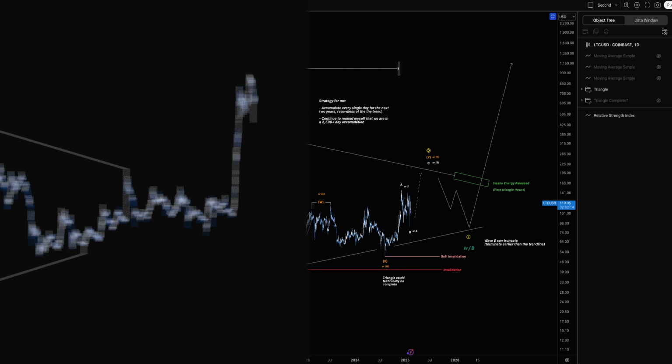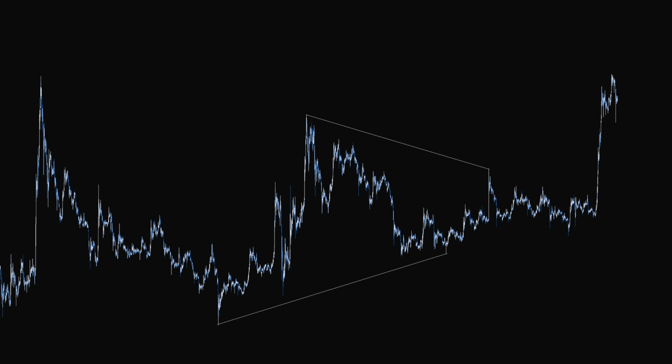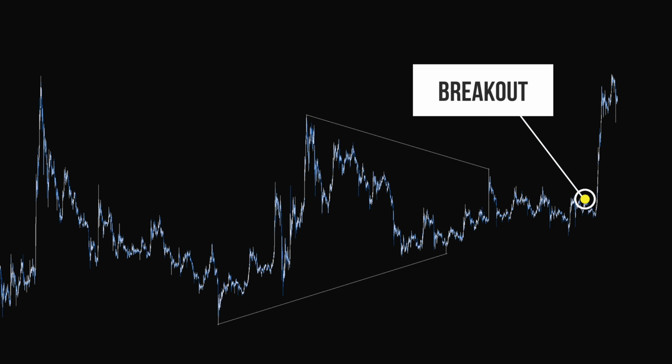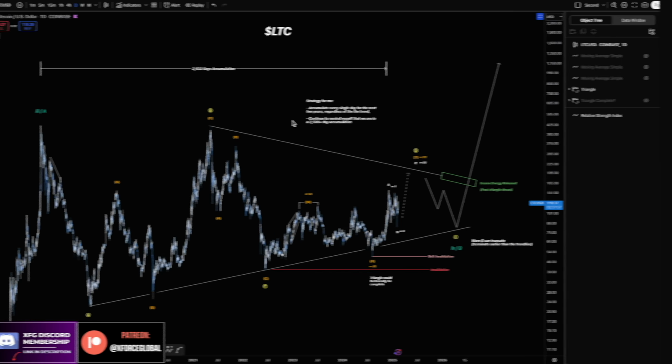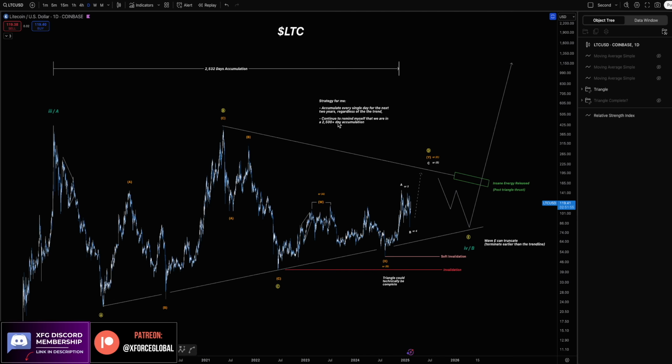And this is the same exact pattern that XRP has done, with a breakout that has already occurred. We've been talking about XRP for the past 6 or 7 months or so, working with the same narrative of a possible triangle before the actual breakout happened. And lo and behold, we got a major breakout. But that begs the question, why did XRP run this cycle and Litecoin didn't run?